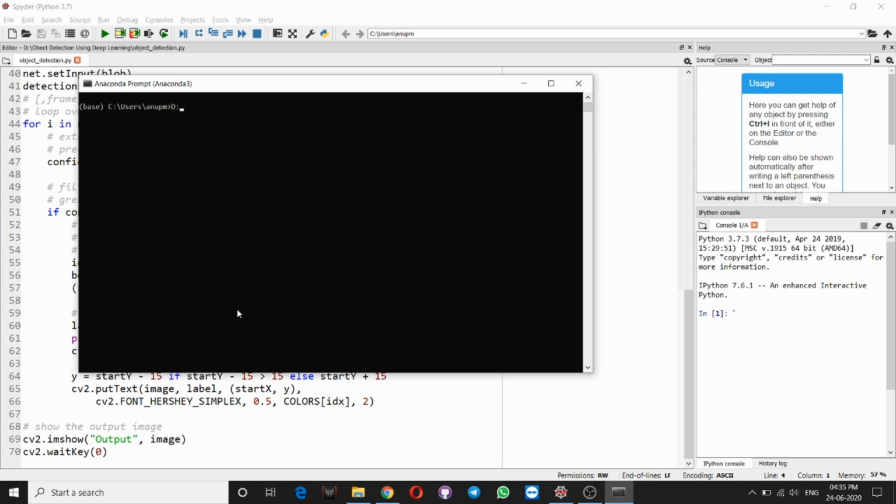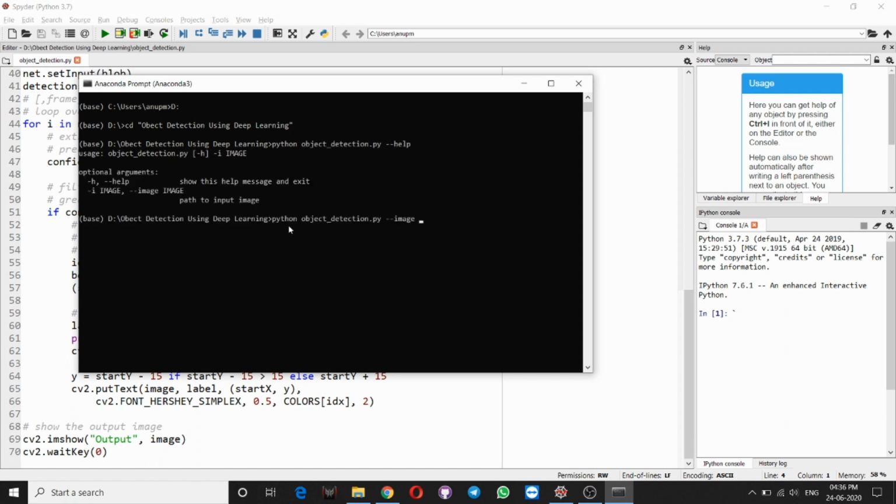I navigate to the directory where my Python script is. To run Python code we first write python, then the name of the file, which is object_detection.py, and I provide the path of the image where my image is stored.